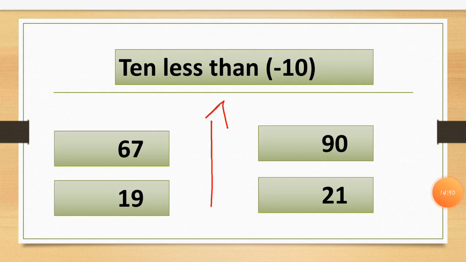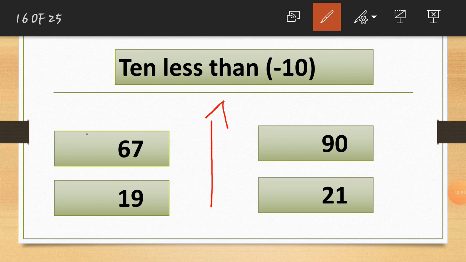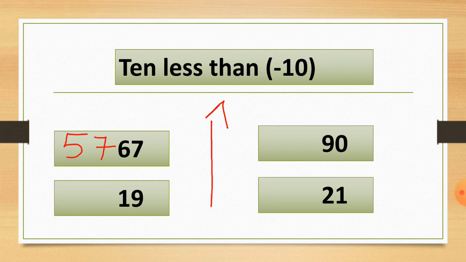Students, as we know, we move upside and we will get this answer, which is 57. As I told you, we have to just minus one from this tens value, so we will get the answer. There will be no change in the ones number, which is 7. You can see the ones value is as it is. Here the ones value is 7, and here also the ones value is 7. Changes will happen in the tens value only. So here you can see here is the 6 and here is the 5.